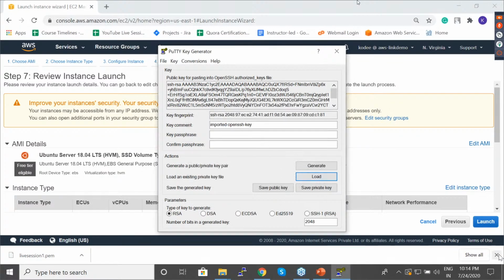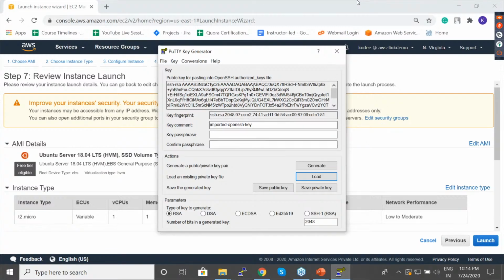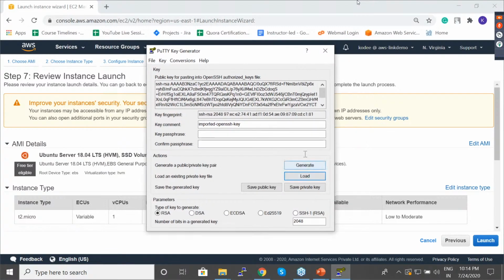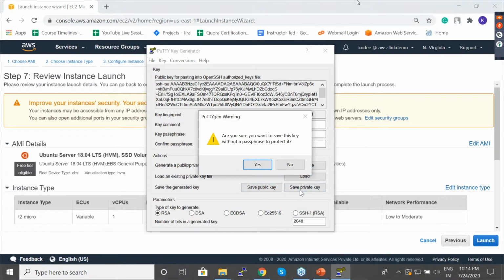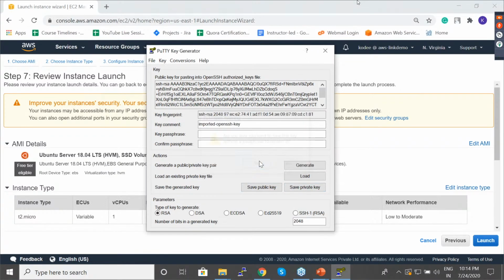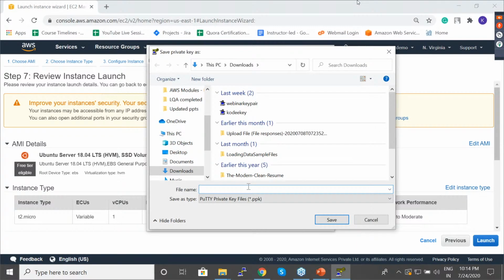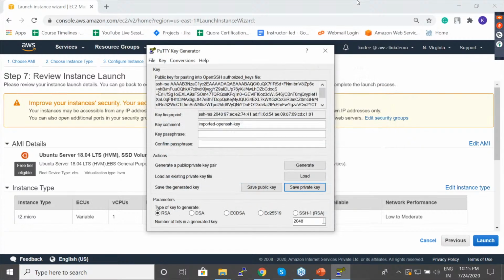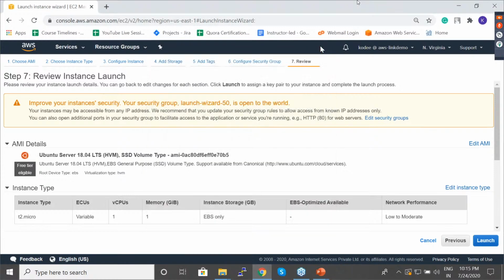That's it. So it's that easy. Once you open your PuTTY key generator, load your .pem file over here, and it will be available. Now you will have to save the private key. You can save it with any name. I'm going to save it with the same name, live session 1, and it will be saved in the format .ppk. And you've saved it, and that's it, guys. You've converted your .pem file into a .ppk file.